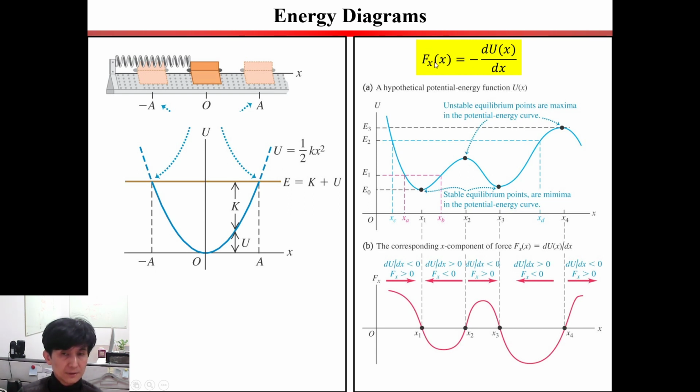For example, if this is a gravitational potential, then the gravitational force is the negative of the derivative of the gravitational potential. Right. That's about chapter 7, and we'll cover chapter